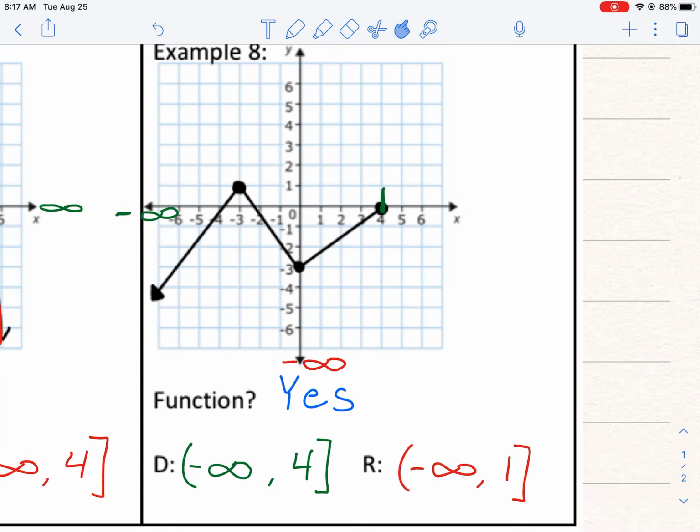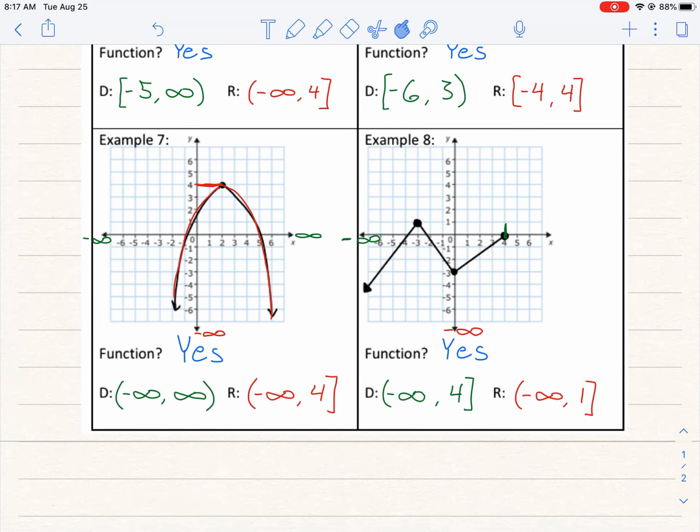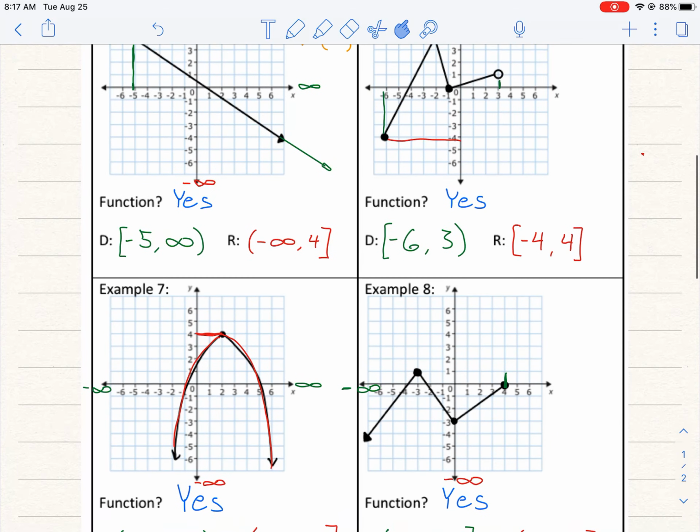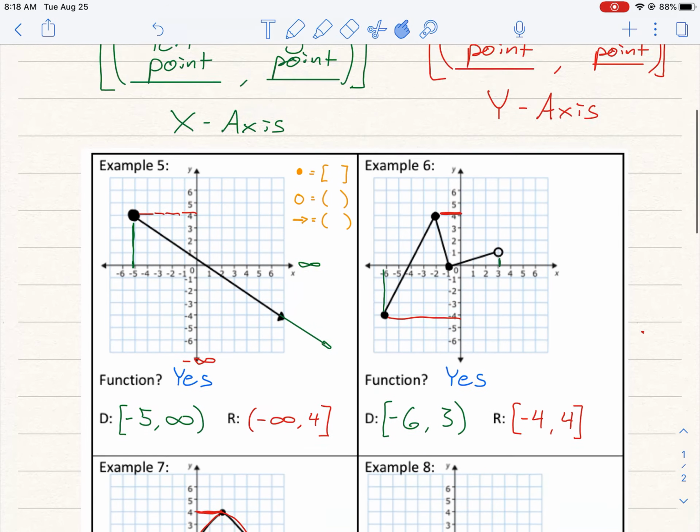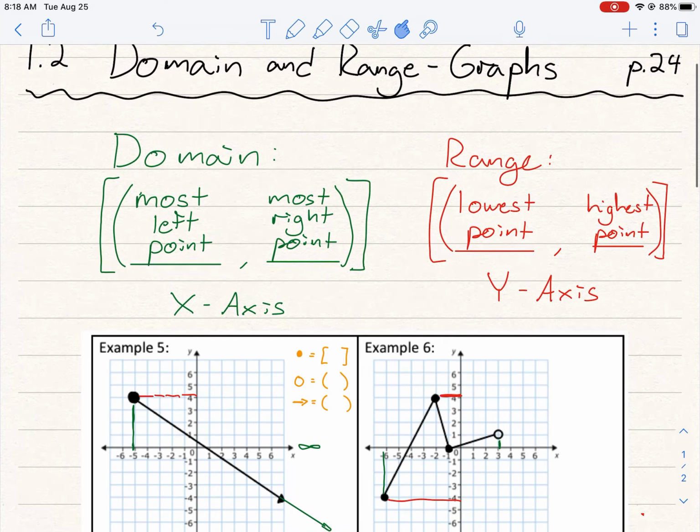So make sure you copy these notes into your notebook. We will be going over this in class, but it is very important to understand the concept of domain and range, domain being all of your x points, farthest left to farthest right, and range being all of your y points, lowest to highest. So copy these down and we will discuss